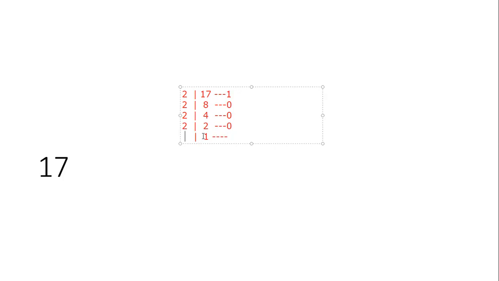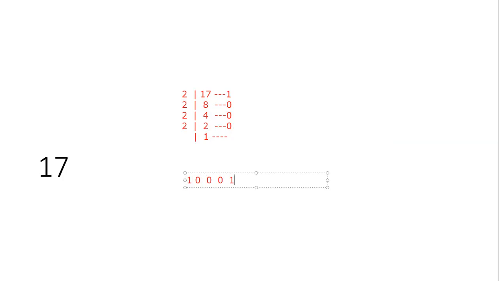We will start from the bottom and go up. Start from the remainder values that you can see from the bottom. So at the bottom I have 1. Then I go up: 0, another 0, another 0, and then 1. So this is the binary equivalent of the number 17.